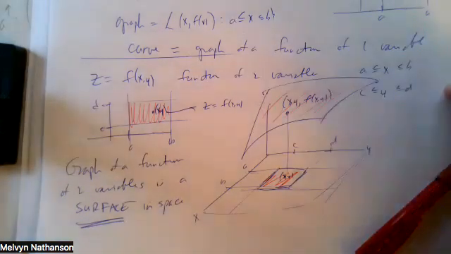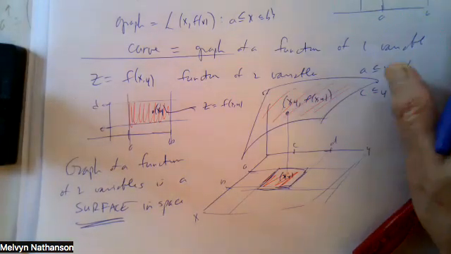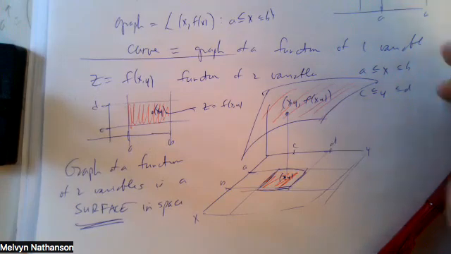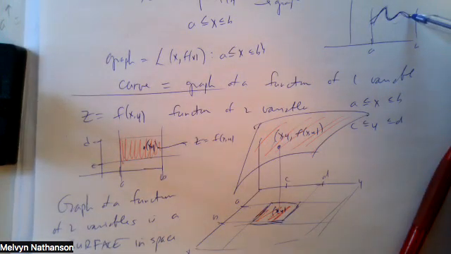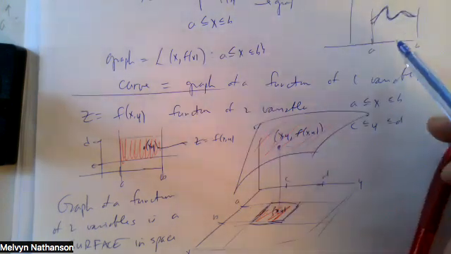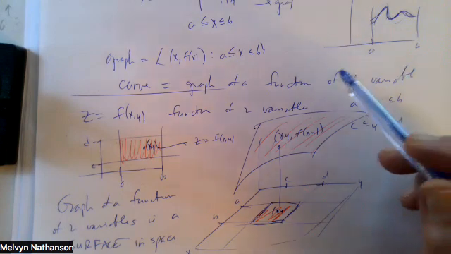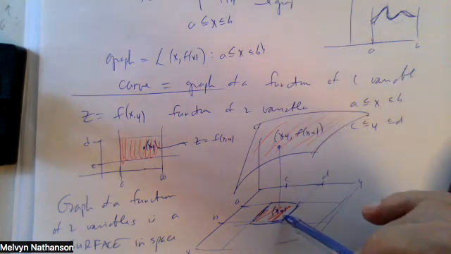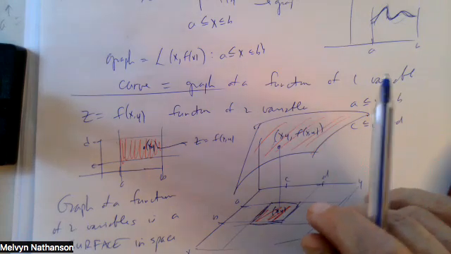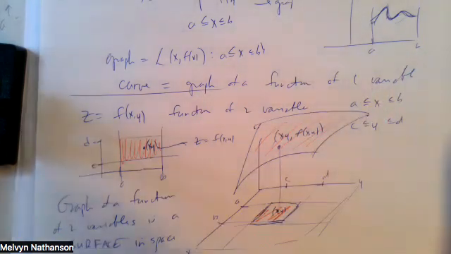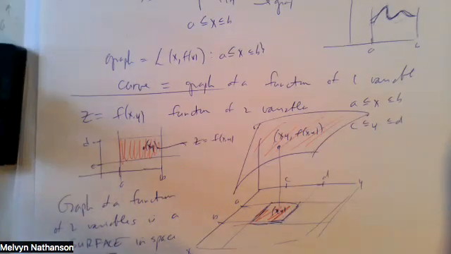So just as the graph of a function of one variable was a curve, and a curve is the graph of a function of one variable in the two-dimensional space, the graph of a function of two variables is a surface in three-dimensional space. Right? And in general, these are